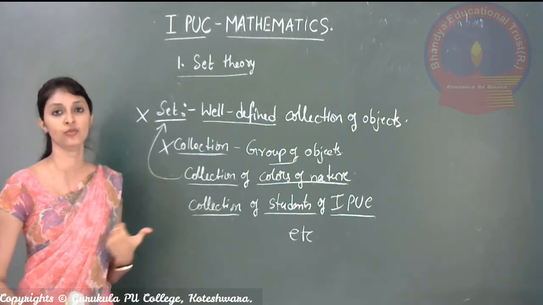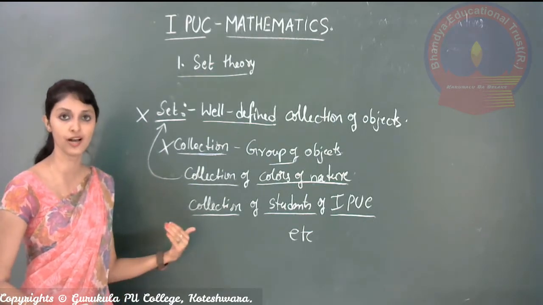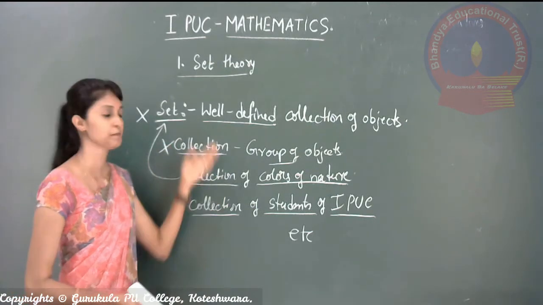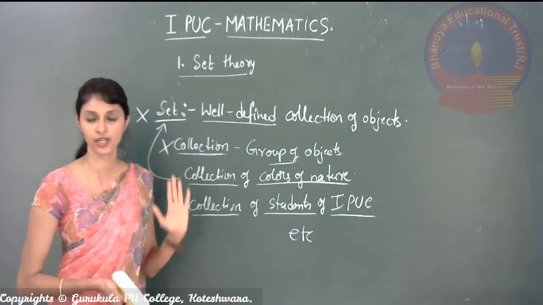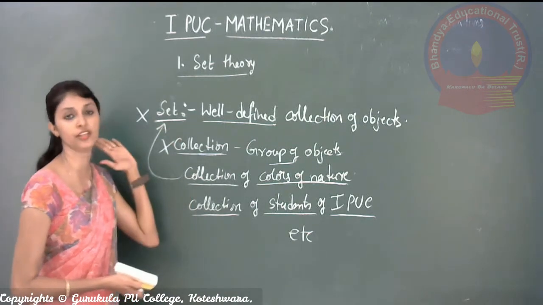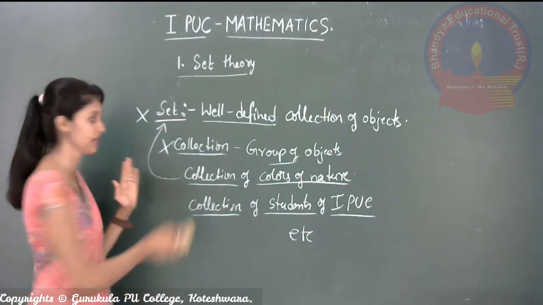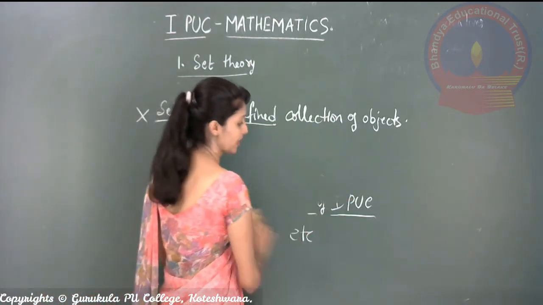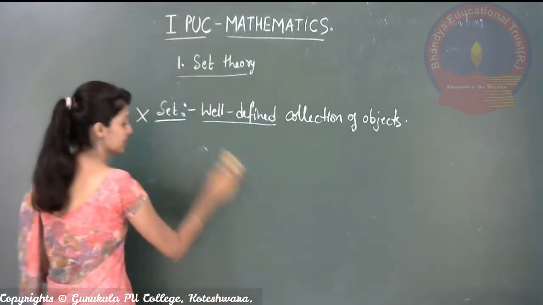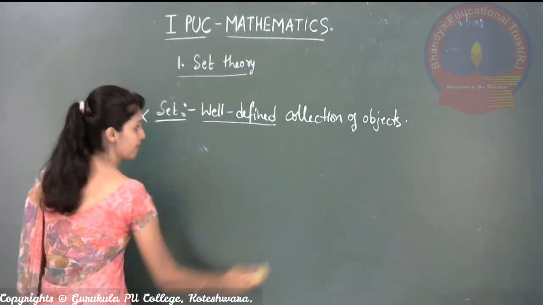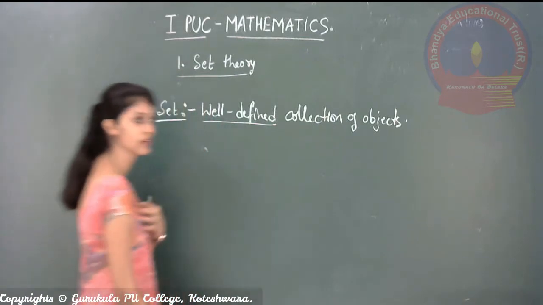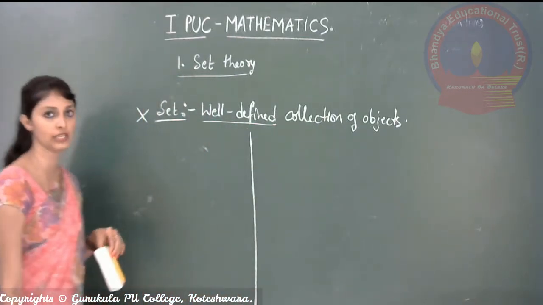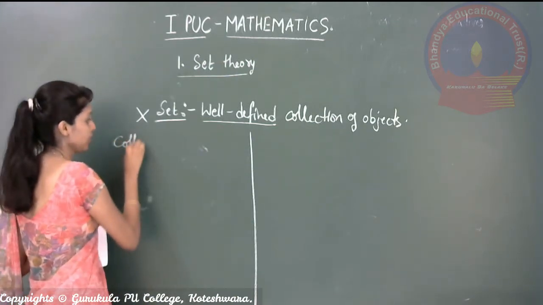You have to make out that difference. You have to make out what is just a collection and what is the well defined collection. If you know the meaning, you are done with the definition of set. Okay, now I will quote one example to show the difference between just the collection and the well defined collection. Now the collection I am going to quote is collection of